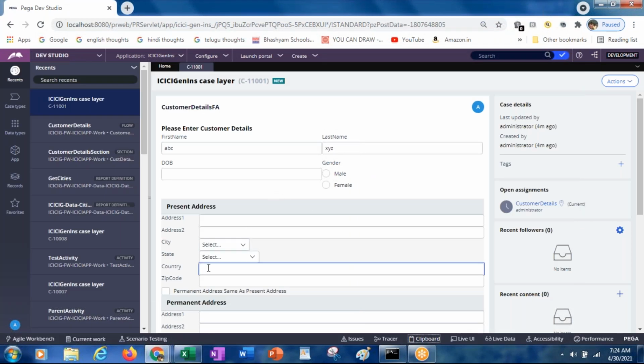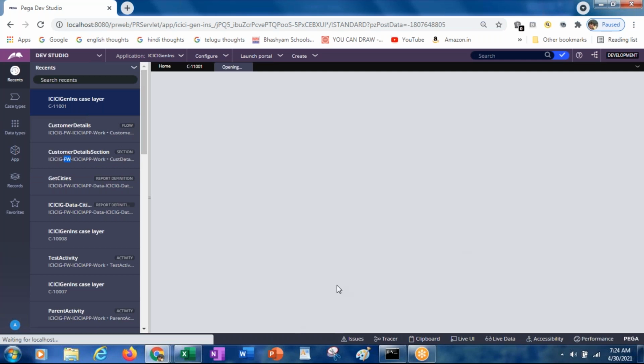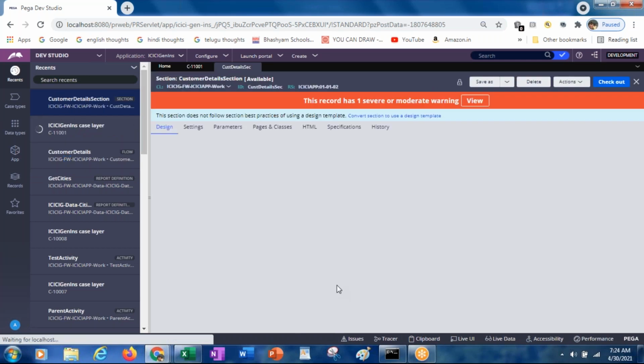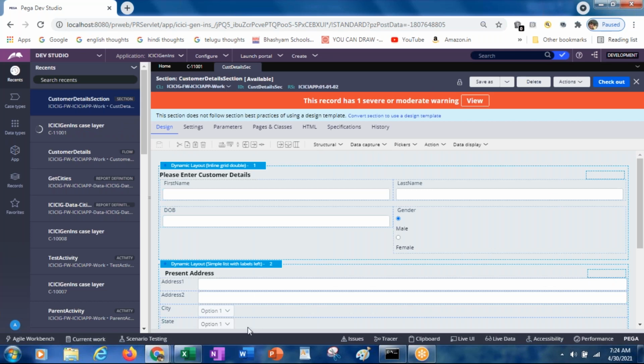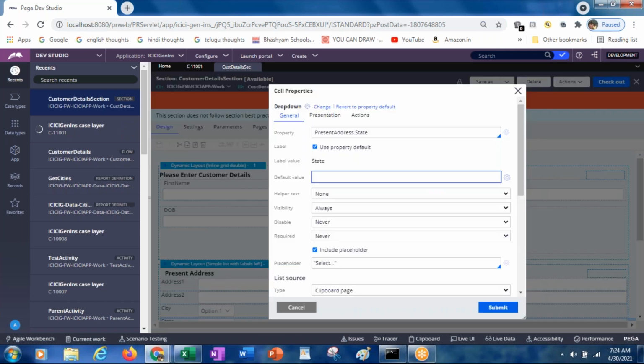Anyway, this property is referring to the pyWorkPage dot present address dot state. So in the customer details section, the state is referring to the property from the present address dot state, so it will be saved under the present address dot state.